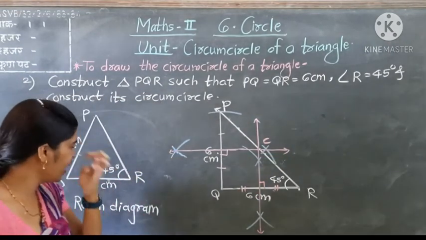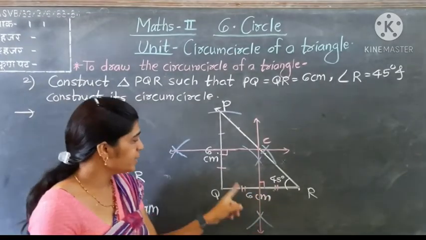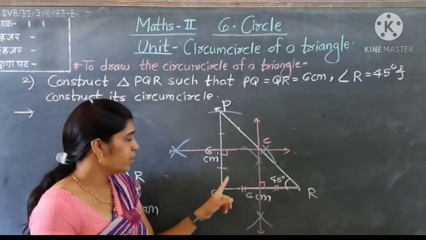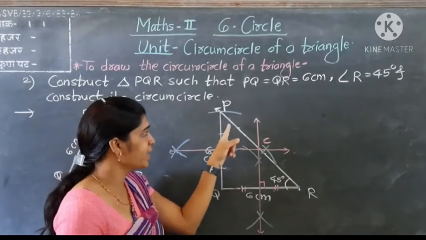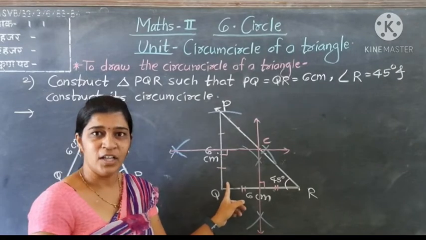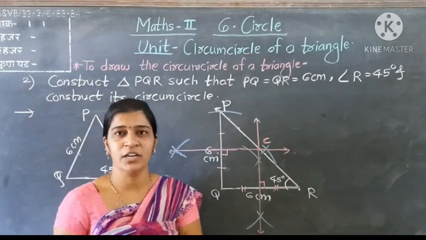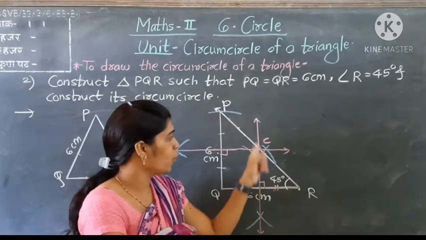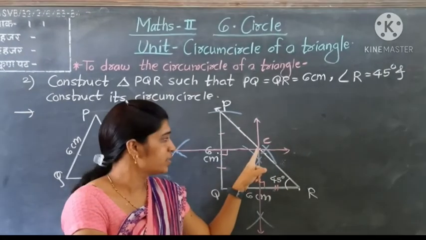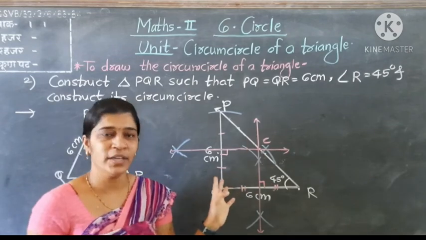So here you observe that one angle is 45 and these two sides are congruent. Therefore opposite angles are congruent. Therefore it is also 45 and it becomes right angle. So we had learned in 8th standard, the perpendicular bisectors of the right angle triangle meet on the hypotenuse. Okay.